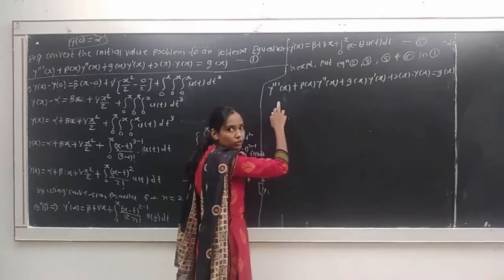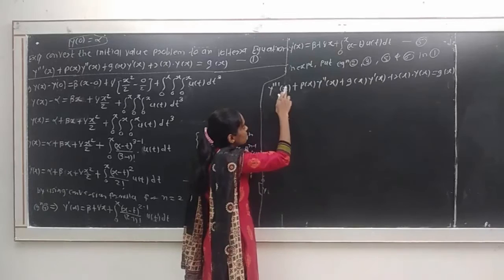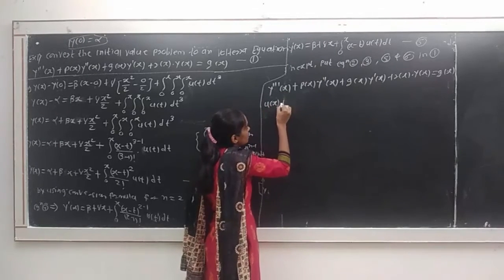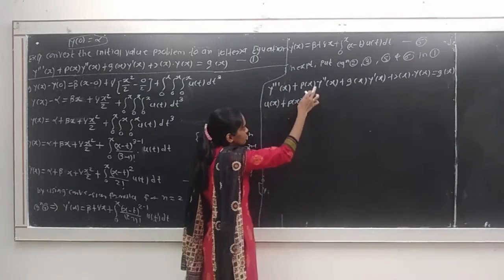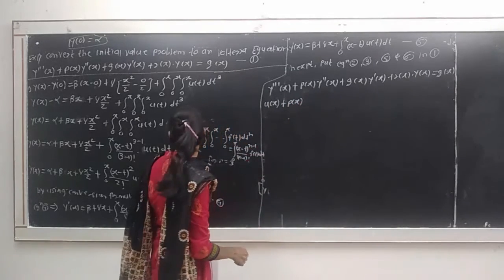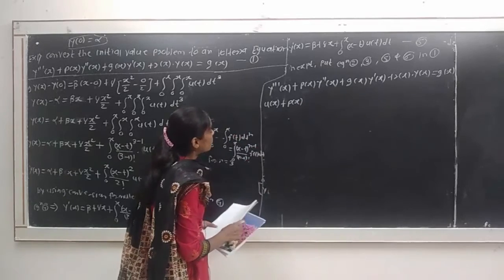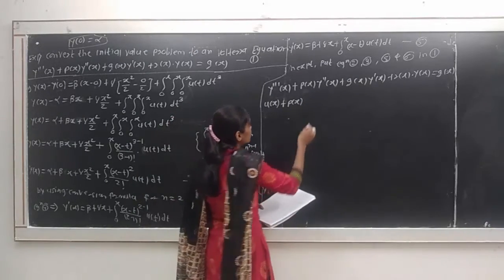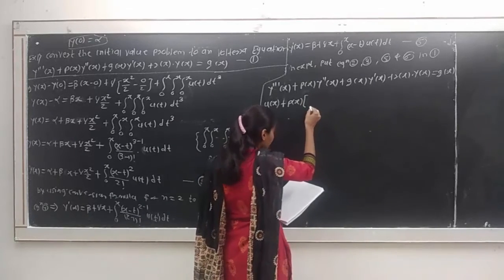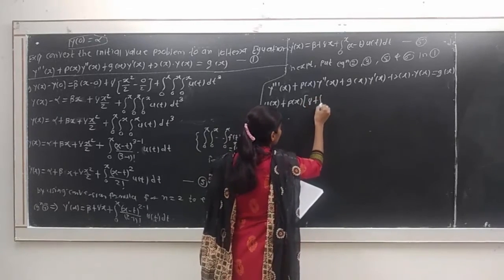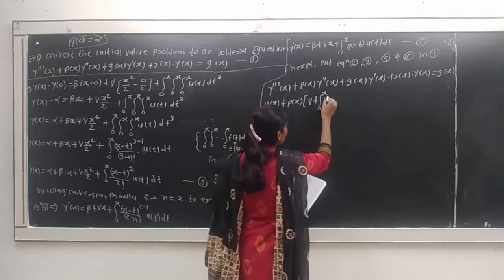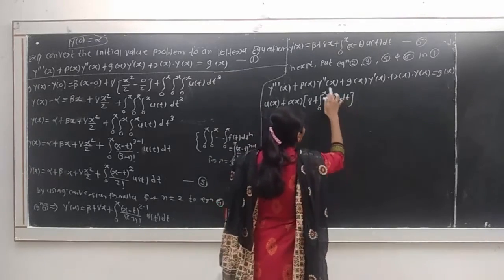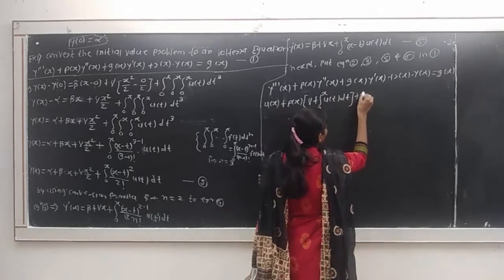First, we set y triple dash of x is equal to u of x. Therefore, we write here u of x plus p of x, in bracket the value of y double dash of x from equation number 2, gamma plus integration from 0 to x of u of t dt, then plus